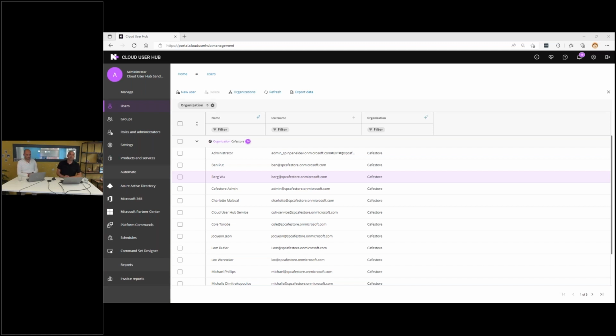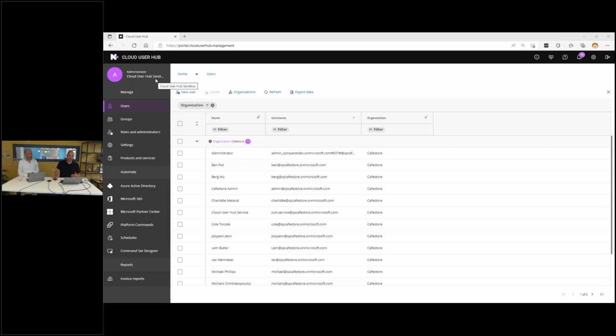Currently, I'm logged in as the MSP. And you can see that on the left top, sorry, Cloud User Hub Sandbox. That's my demo account, of course. What I said about the multi-tenancy, that is key in the product. We don't want you to switch customers and then back and forth. That's way too much work.